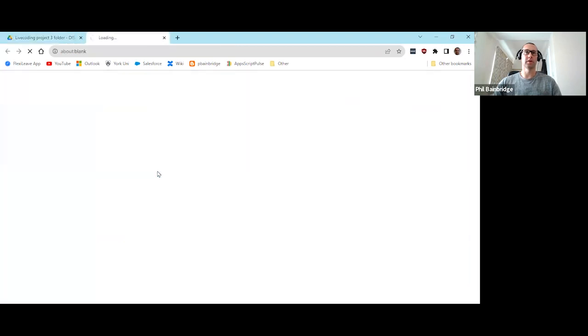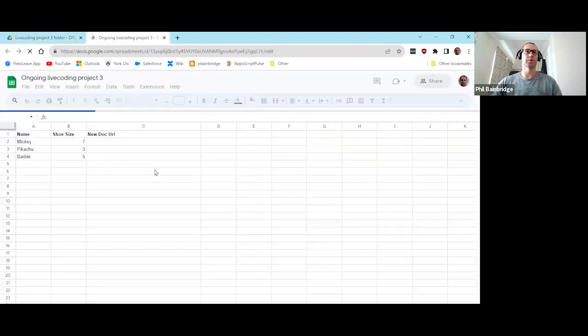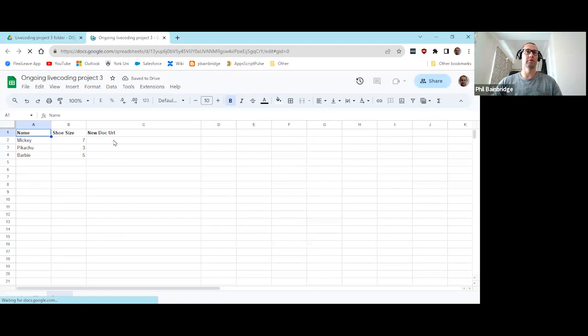If I open the Google Sheet, this was where we are looping through the rows in the spreadsheet and creating a document for each one. Now, at this current point in time when we run it, all we see is the script starting, and then eventually, after several seconds, the script stops and all the URLs appear. With Toast notifications, however, we can see it looping through each row, which is really useful if you've got a lot of rows of data and you're just wanting to visually track the progress.